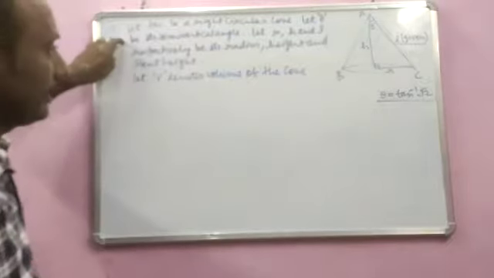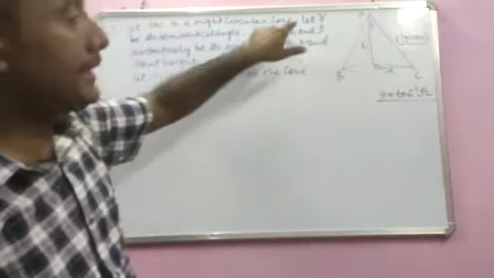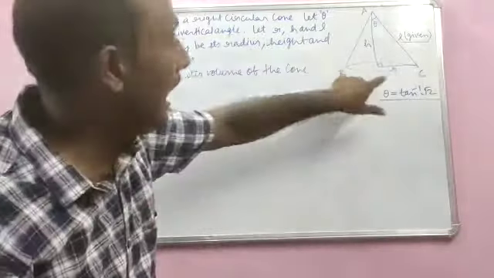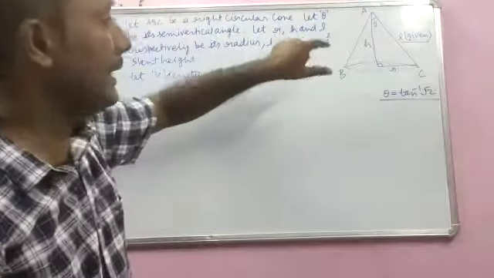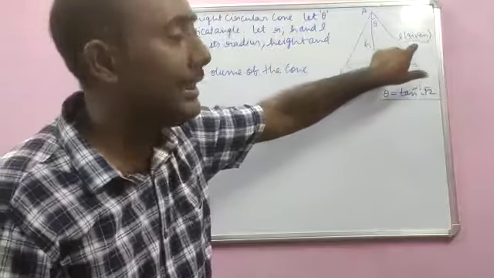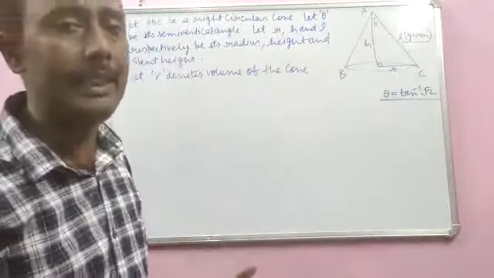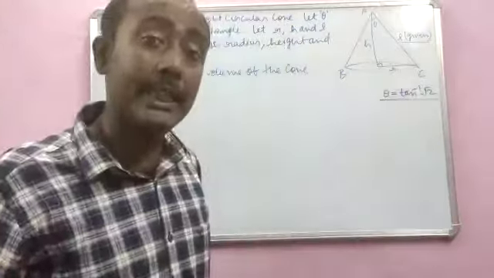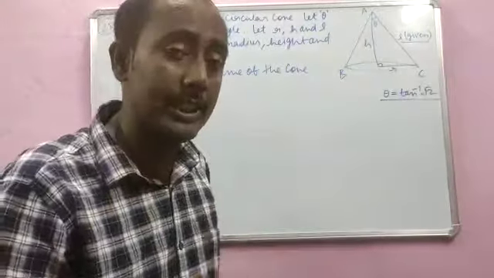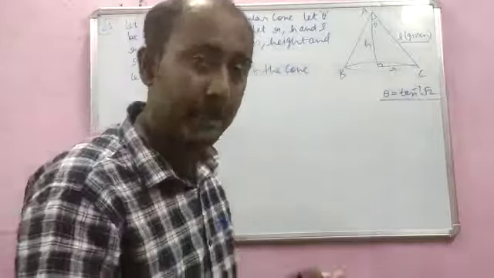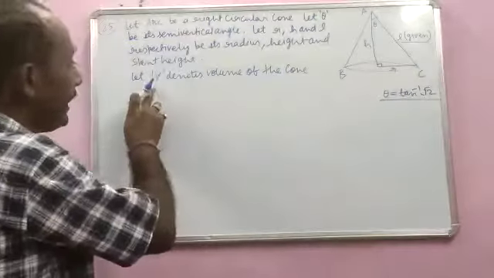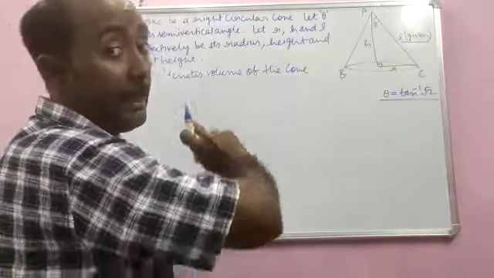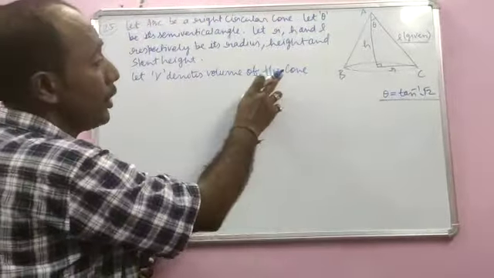So here I have done it, that let ABC be a right circular cone, theta be its semi-vertical angle, let R, H and L respectively be its radius, height and slant height. We have to first define their dimension. Keep in mind that L, the slant height, is given in the question, that means it is a constant, you will not take it as a variable here. We have to go for the volume part because we have to get maximum volume. So let V denote the volume of the cone.